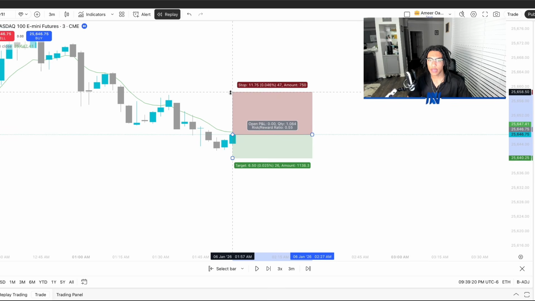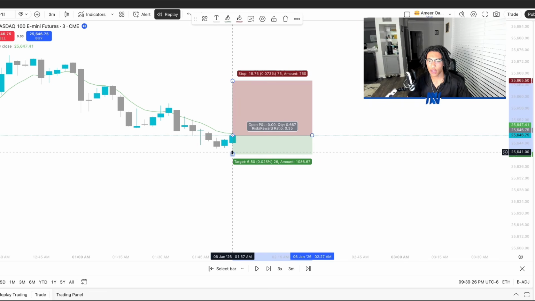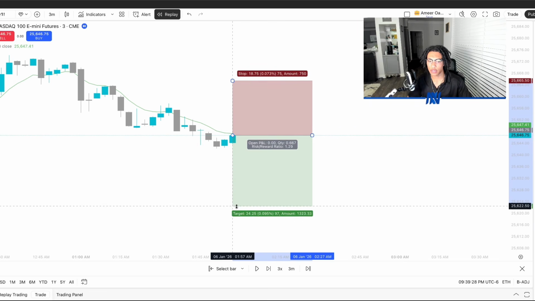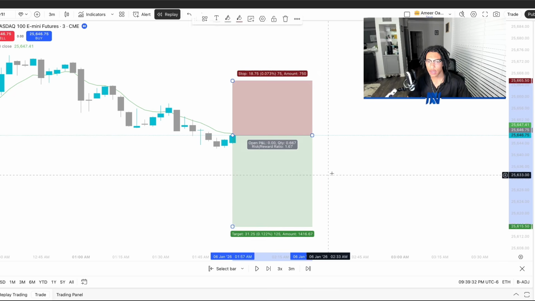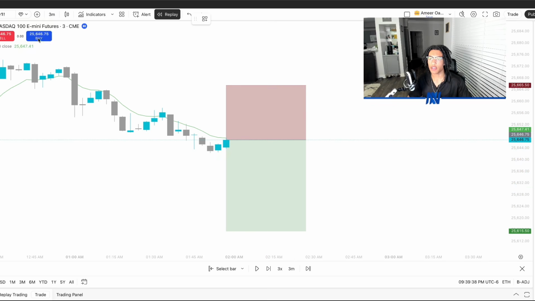So if we put it, let's just go 75 ticks, and let's go 125 ticks to the downside. So we're going to go ahead and go 125 ticks to the downside and have it comfortably over this for the stop loss. And we want it this way because if price does get to the point where it